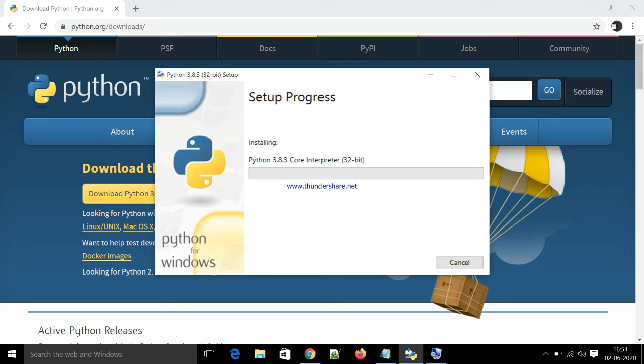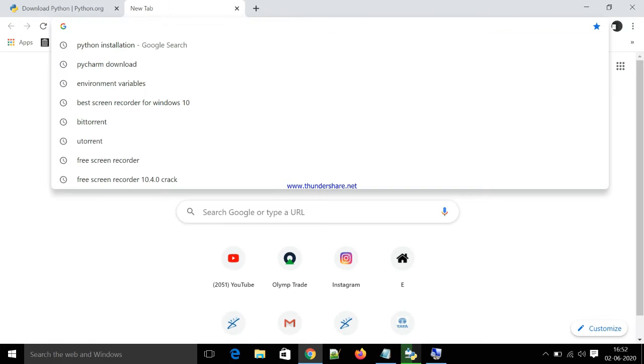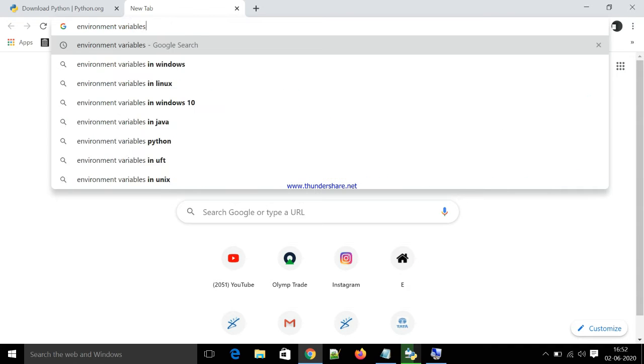Now the setup process will begin from here. It will take time. Just let it get installed. Meanwhile, we can have a look at the environment variable. First of all, you should know what an environment variable is. An environment variable is generally used to set up an environment where your process can run.